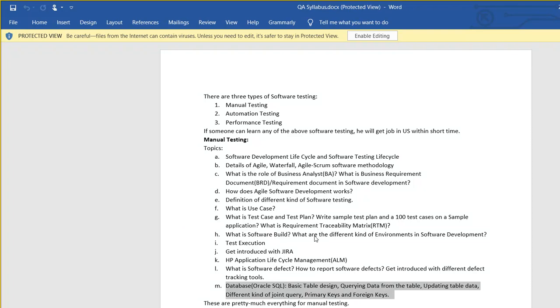Basically, whatever a tester requires, you will be learning all of these database techniques in this course. Creating tables, how to write queries by using Oracle SQL, and then different techniques like joining queries, primary keys, foreign keys. All of these things you will be learning in this course.